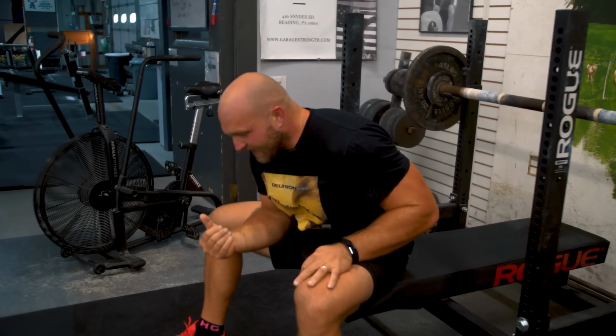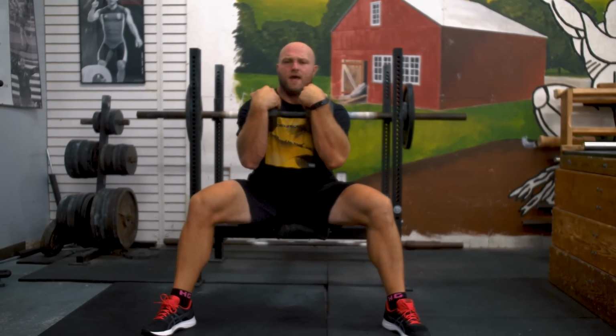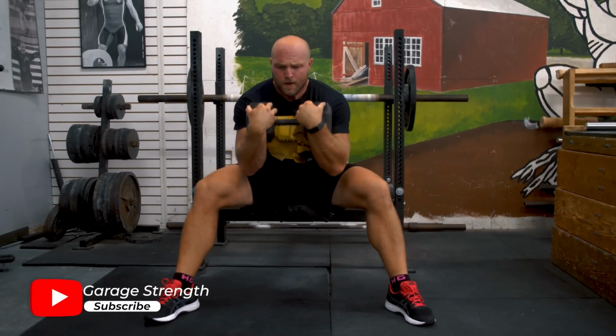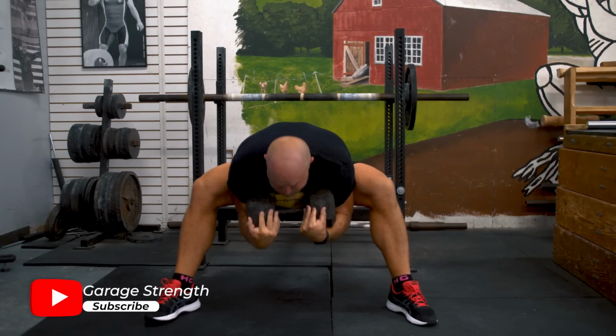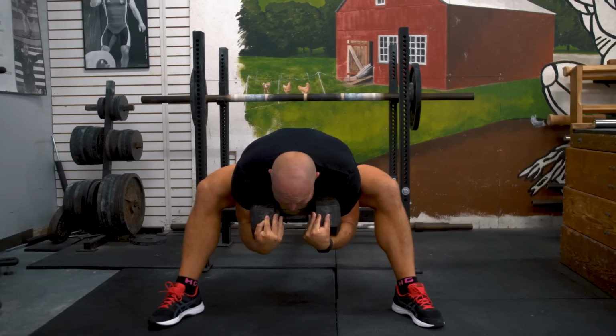Now, I like getting super deep with that rounded back. It's gonna light up your erectors, light up your lower back, and when I have that wide sumo stance, it smashes my groin, my adductors, okay? So I like using that. We go over, hit those explosive knee planks, hit that ab work, and really try and target lower back, trunk